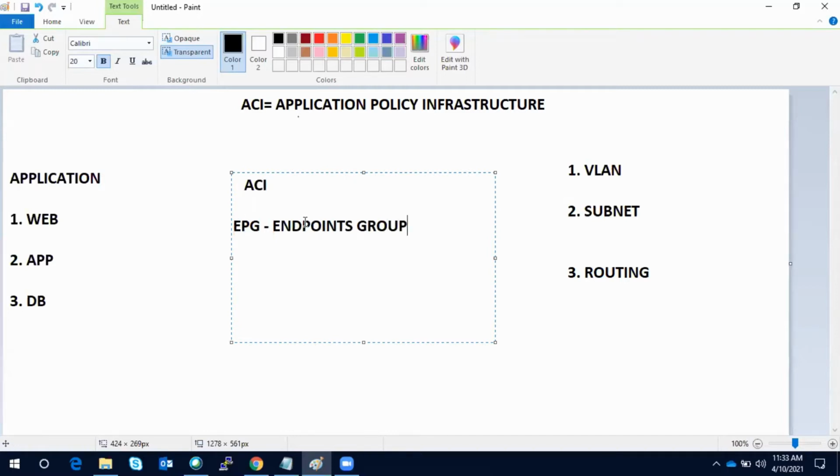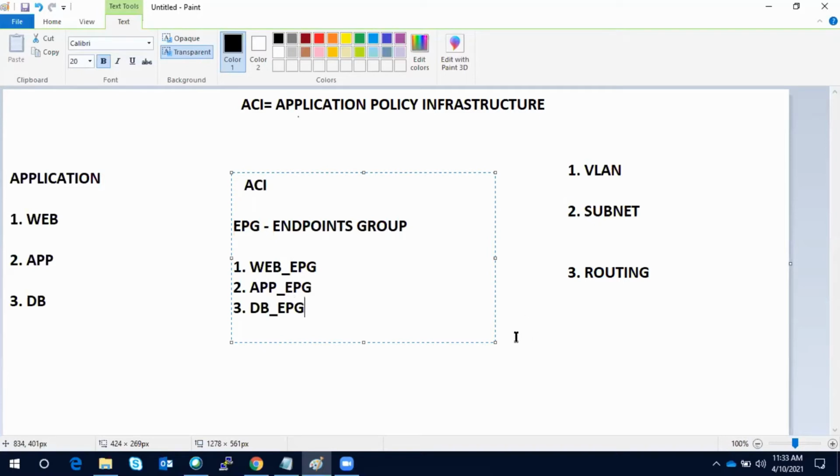And these endpoint groups can be classified as different things based on the requirement. So with respect to the web layer, I can create one EPG and call it web EPG. Then corresponding to the app layer, I will say app underscore EPG. Then corresponding to the DB, I will say DB underscore EPG.